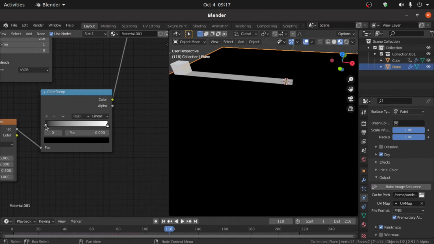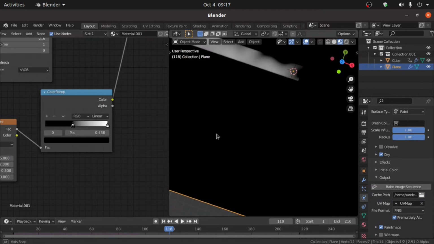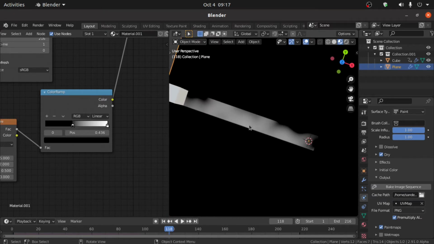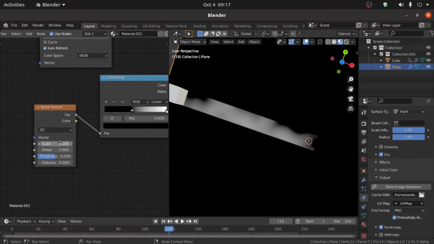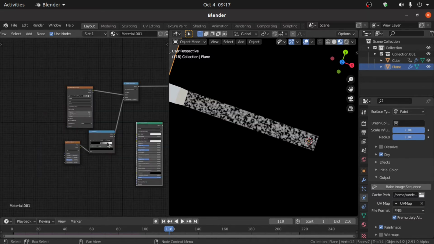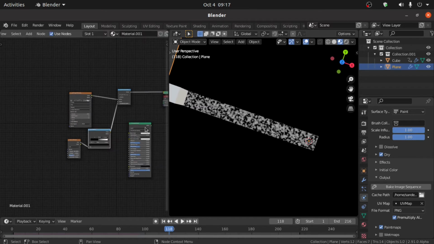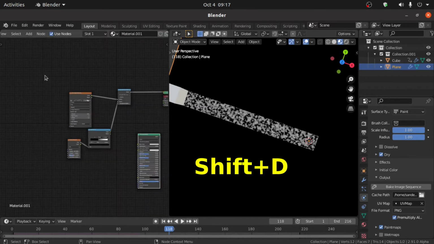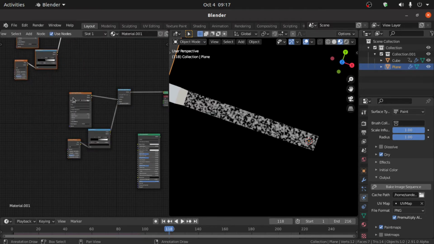Now you have to adjust the handle from here like this, and you can see that this is affecting. Increase the scale value. Press Shift D to duplicate and it will be marks.